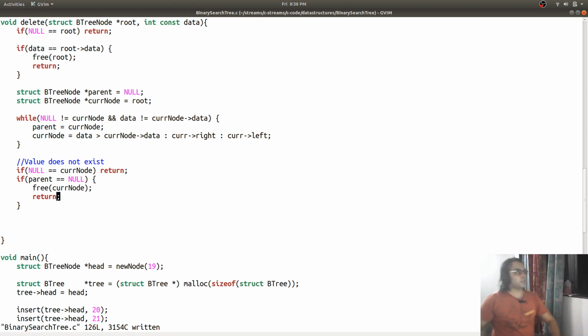That means that this is a head, the top of the node that we want to delete. So this is going to be bad logic.